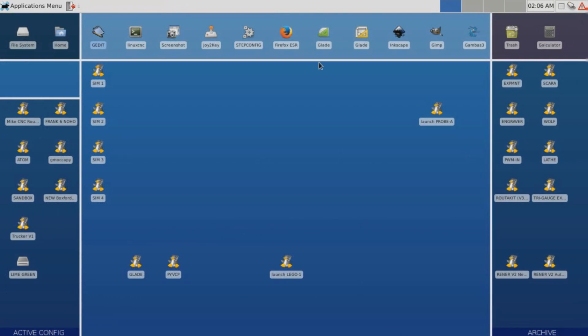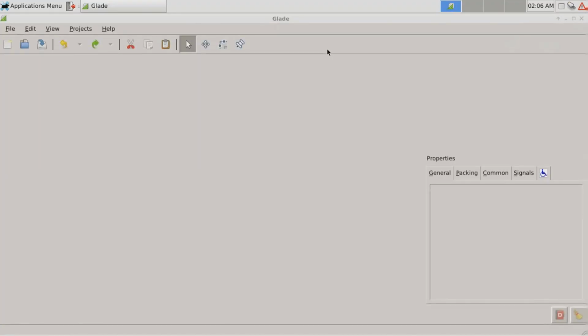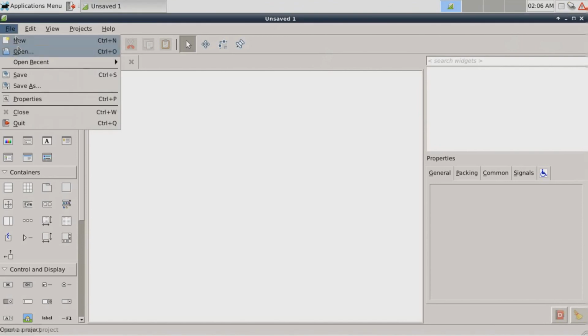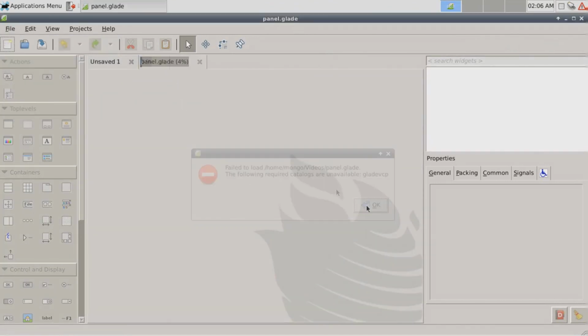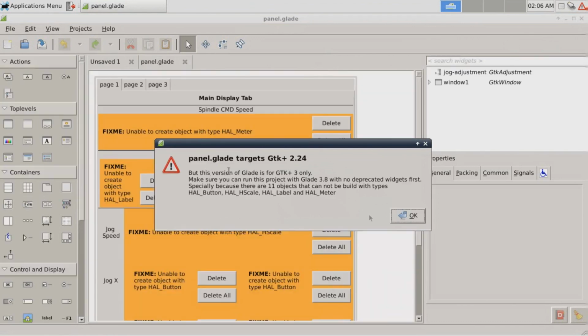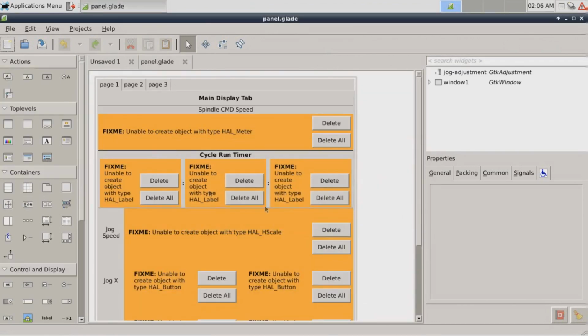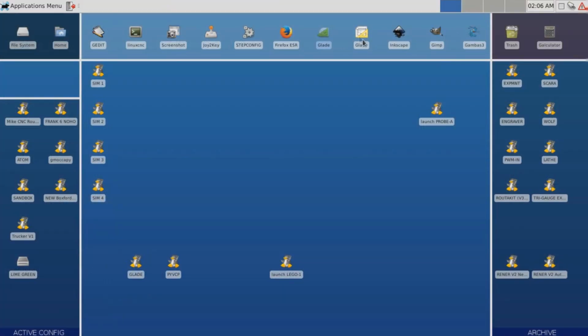Okay, now I do want to show you there are 2 versions of Glade. You want the one with the yellow icon. The one with the green icon is a newer one, which is really spiffy for doing Python programming. But if you try opening these Glade files in there, you see you've got a bunch of garbage. It's because it does not have the HAL components in there.